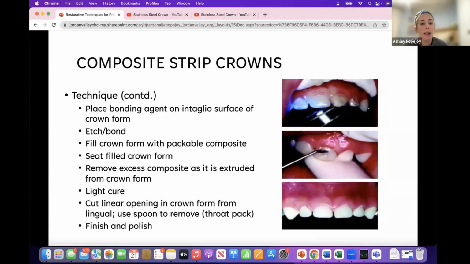I do like to place bonding agent on the intaglio surface of the crown form. This makes the removal of the crown form easier. I then etch and bond the teeth that I am restoring. Your assistant will fill the crown form about half full with packable composite, and then you seat the filled crown